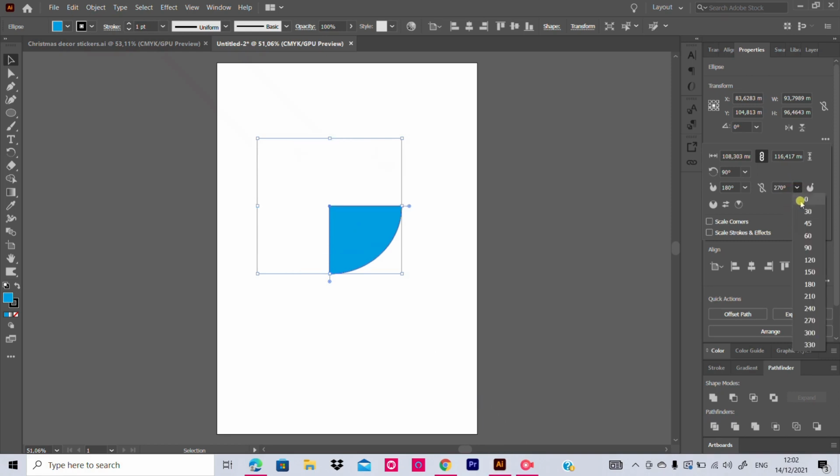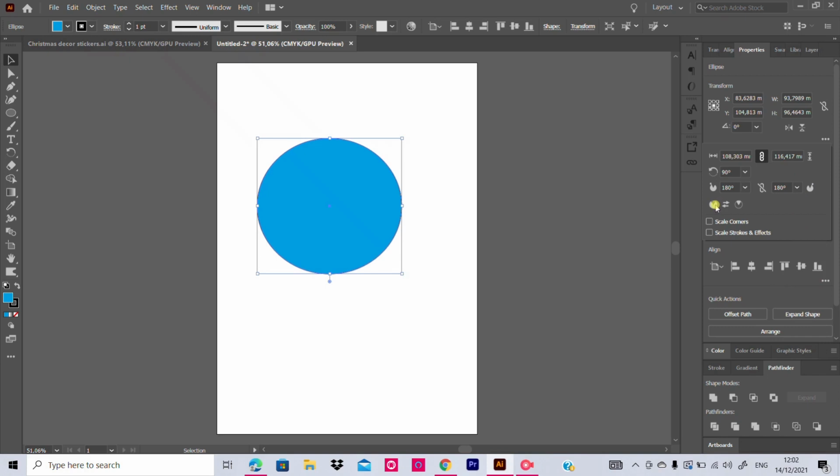See, 120, then 150, 180 is the full ellipse.